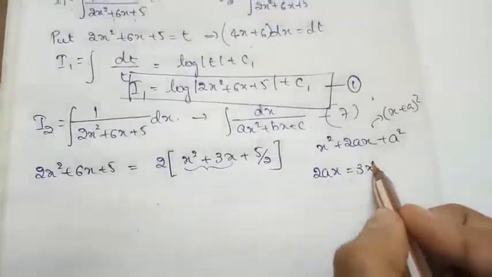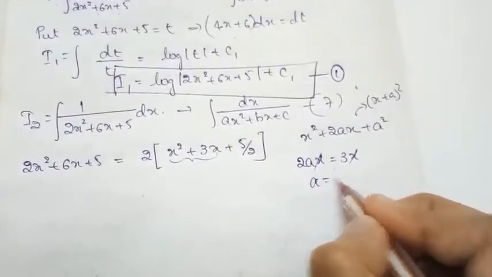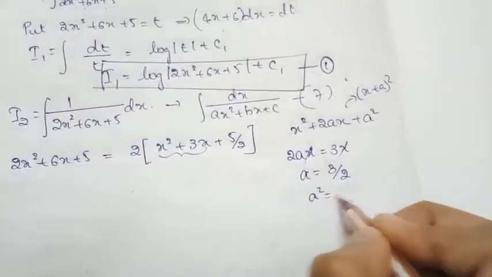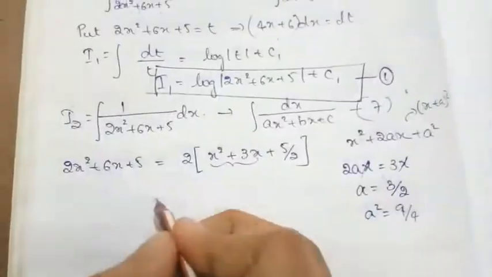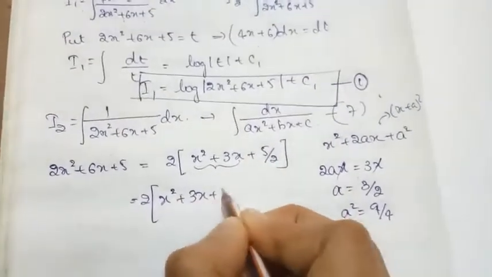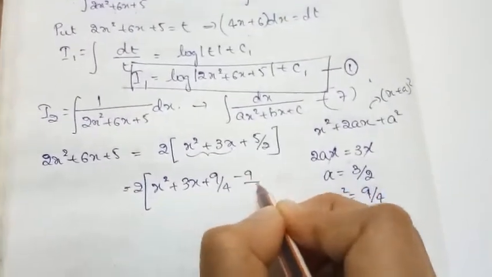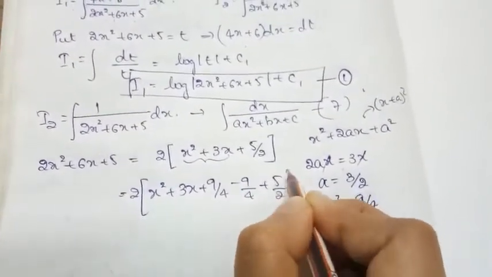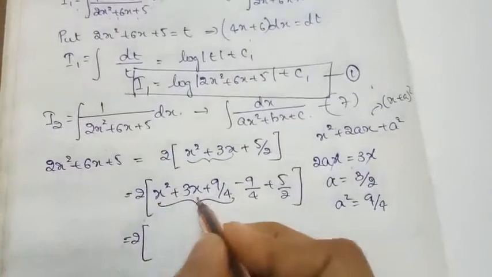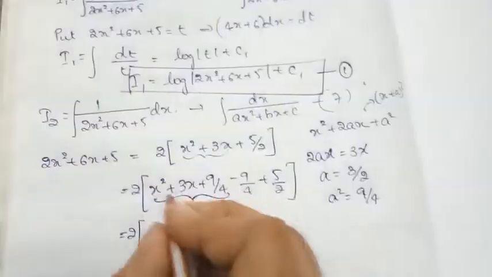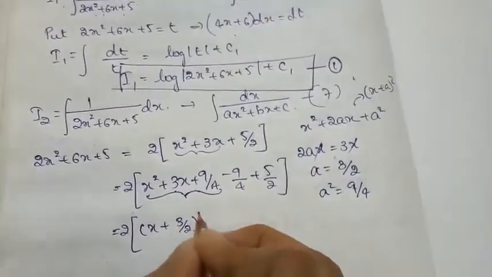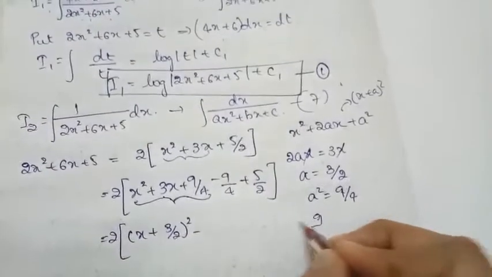So to get the value of a, clearly x gets cancelled. The value of a is equal to 3 by 2. So what is the value of a square? It is 9 by 4. So what happens here? 2 into x square plus 3x. If I add 9 by 4, I will subtract 9 by 4 also, so that there is no change in the equation. So if I consider these three, it will be like in the form of x square plus 2ax plus a square. So it will be like x plus 3 by 2 whole square, minus 9 by 4